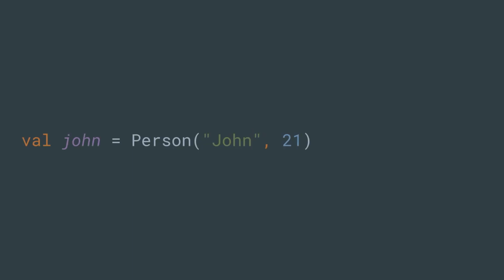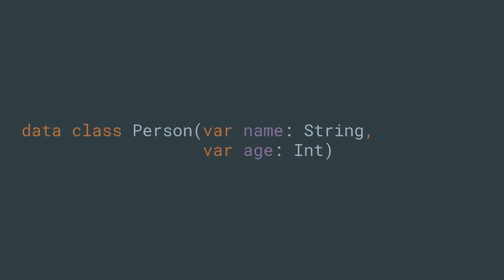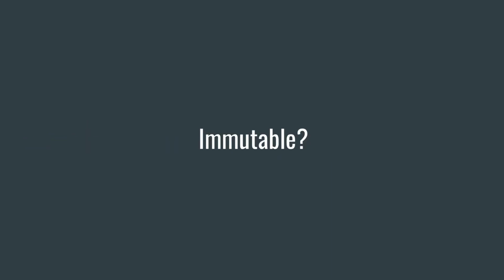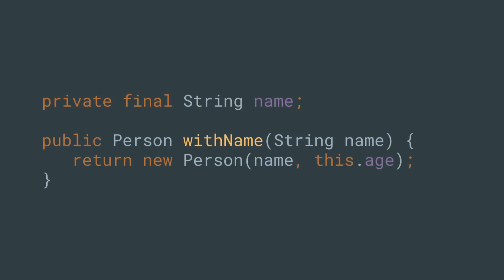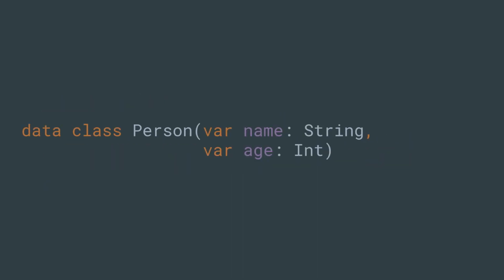But in the example I showed you here, we're using var, so these properties are mutable. But what if you want to have your model immutable? What if you don't want to be doing sets all the time? If you're working in Java, you have this pattern where you do withProperty, where you create a new instance of the class, invoke the constructor with every other parameter the same, and pass the value you're given to the correct parameter. Well, this is a mess because once again, instead of writing setName, you have withName for every property, and it quickly becomes a lot of boilerplate.